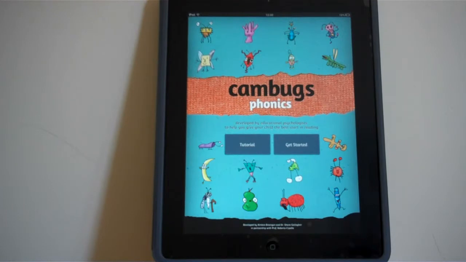As I said, this app is a progression from our previous app, Cambugs Letter Sounds, which focused on individual letter phonemes. The focus in Cambugs Phonics is on graphemes, and that's digraphs and trigraphs. And I'll show you that as we go through the app. Again, there's three activities: sorting, learning, and the time test. And the child will earn bugs for learning the various sounds